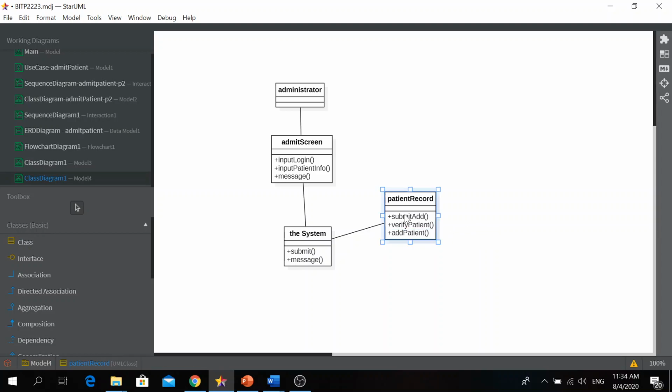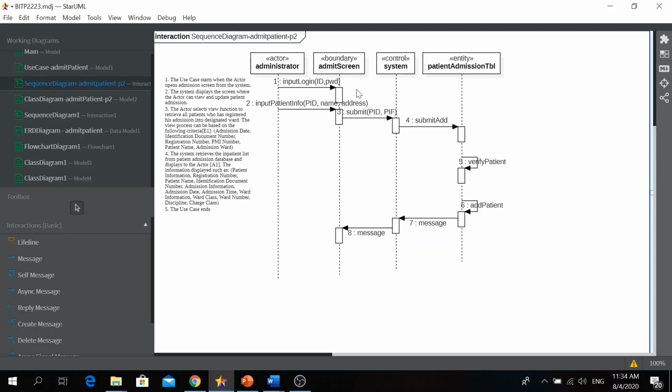Okay. So now you have already identified your operations, and now you start to discover the attributes.